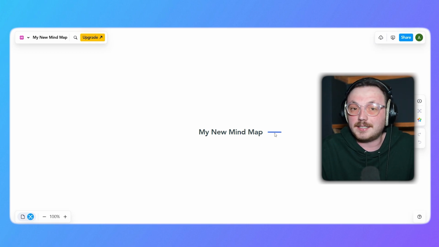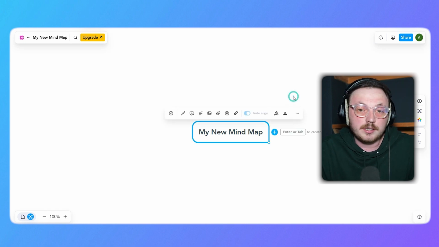This new node is connected to your central topic, showing how it branches out from your main idea. MindMeister also lets you customize your nodes to make your mind map both appealing and easier to understand. You have the option to change the colors, icons, or even the style of each node using the toolbar that appears above or around them. These customization features not only make your mind map look great, but also help you quickly differentiate between various ideas